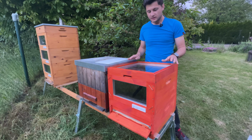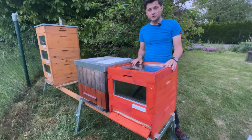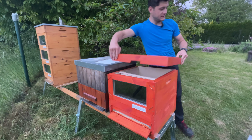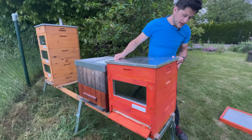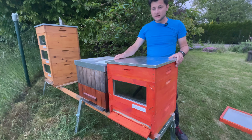As I said, this roof is not the roof which usually stays on the beehive. This one is used only during the thermotherapy because we have something better for the rest of the season, and this is the ventilated roof. The same as the pillow in a Varroa beehive, if you know what I mean. This is